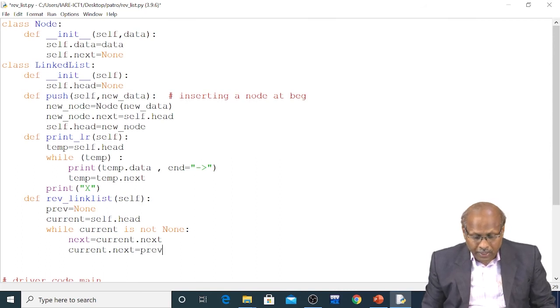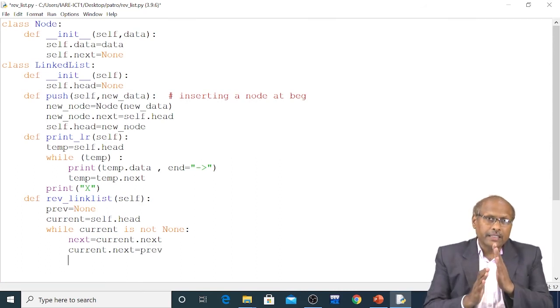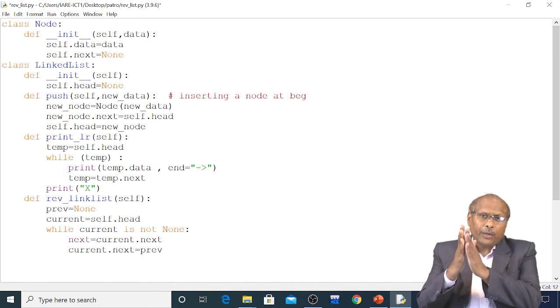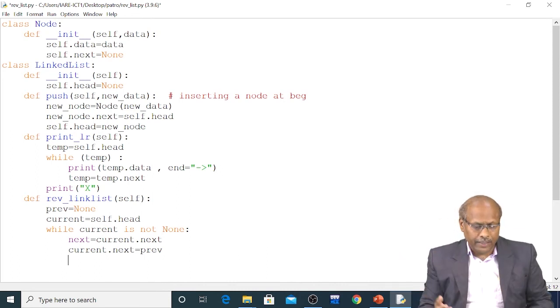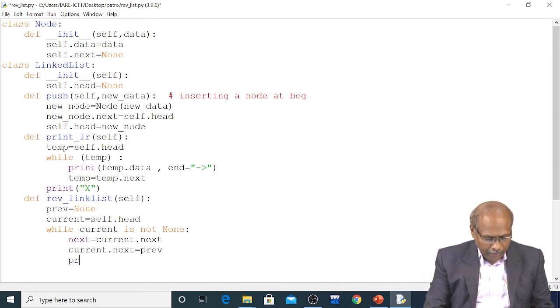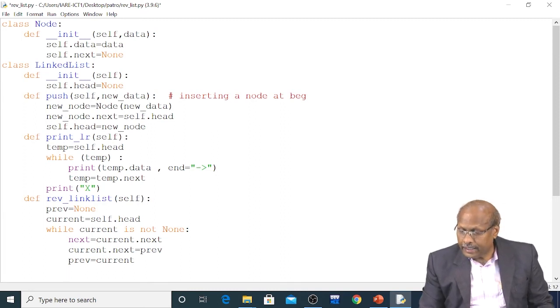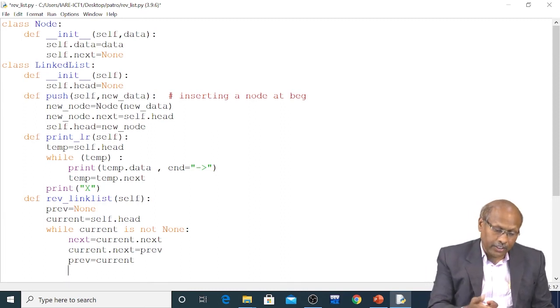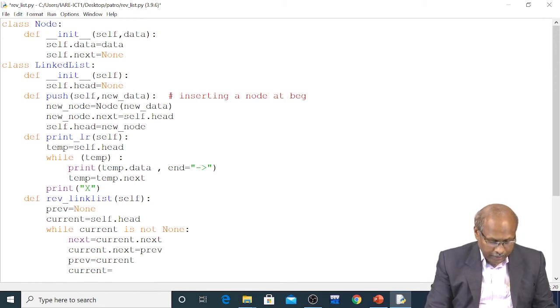Now the previous becomes current, because previous will go forward and current should go forward again to next. So previous will become current, and current should go to the next. The next is already available in next. So my current equal to next.